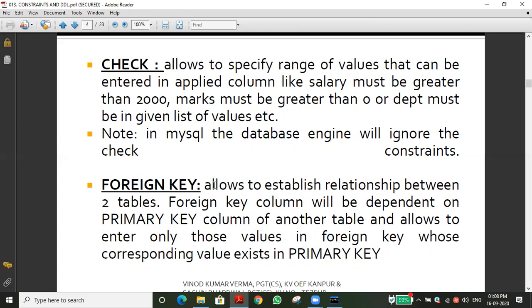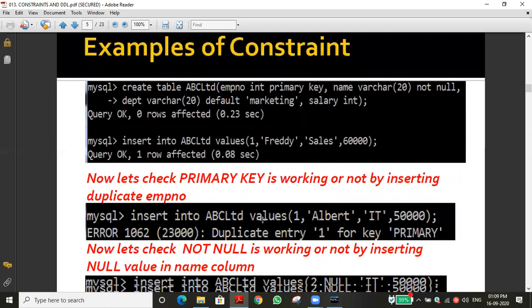In the foreign key concept, I want to tell the basic things. One table is there, that basic table is called as master table, or parent table. We are using the word parent table. Some of the fields we are using from the parent table. In another table, that table is called the child table. These are the two terms we have to use. I will show literally what is the use of foreign key. Let you understand it.